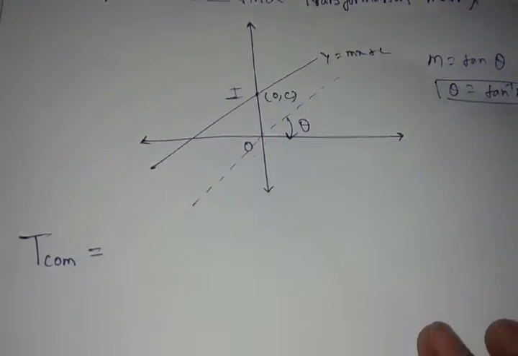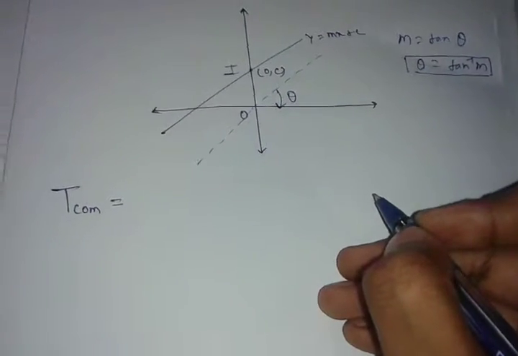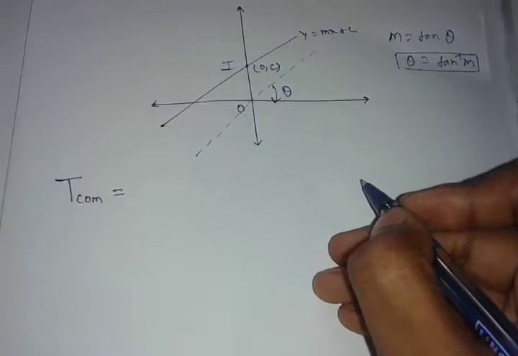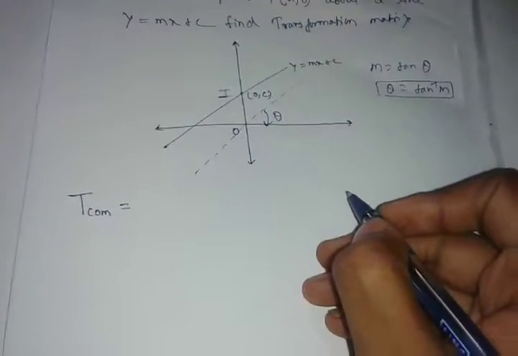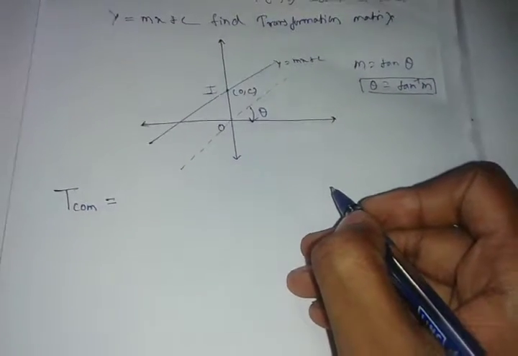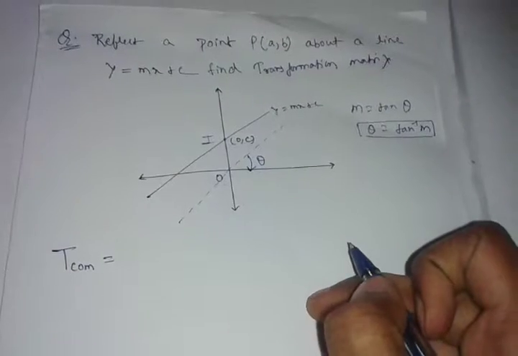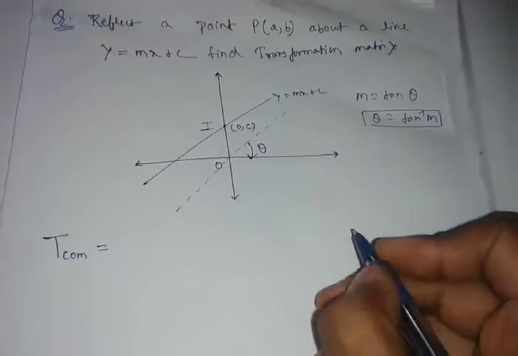So let us see what we do. We just start from the right position, because you can start from the left position, but you take one convention. Either you start from the left or you can start from right. But here I am starting from the right. So keep one thing in your mind, you just follow one convention. So here I am starting from right.